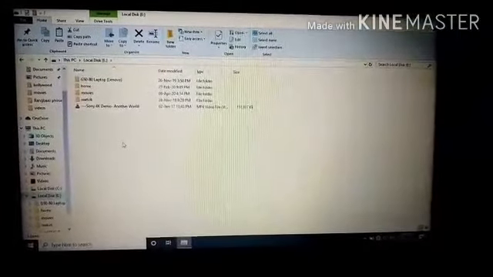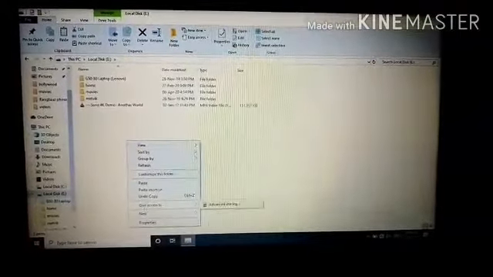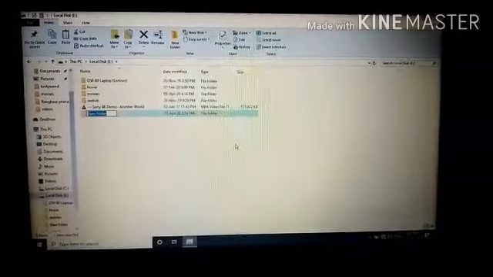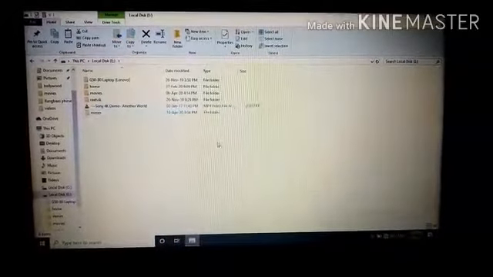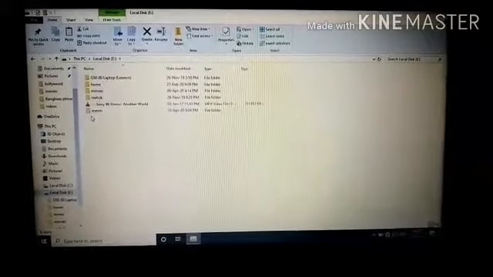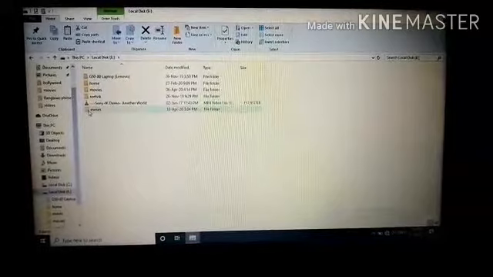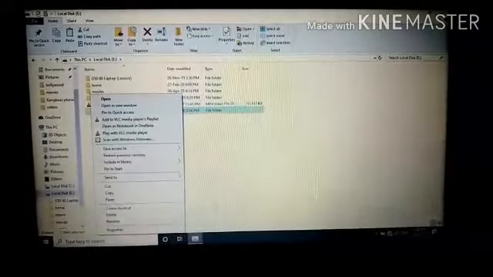Now right click. First of all, we create a folder. This is a folder, again folder MMM. This is the name of the folder, an empty folder. If you want to rename this folder, again we right click and change the name.